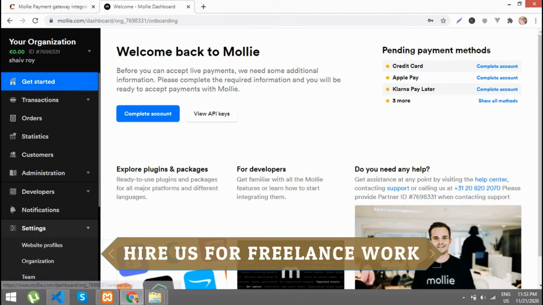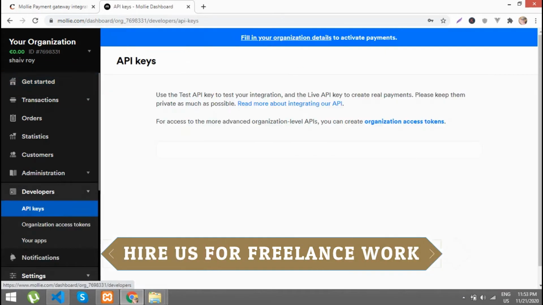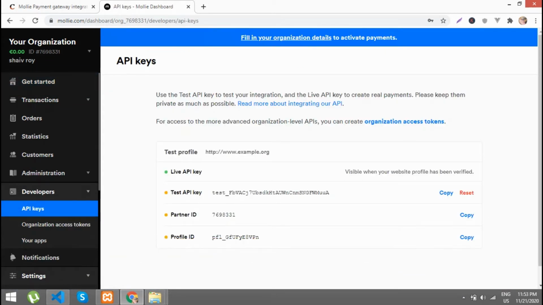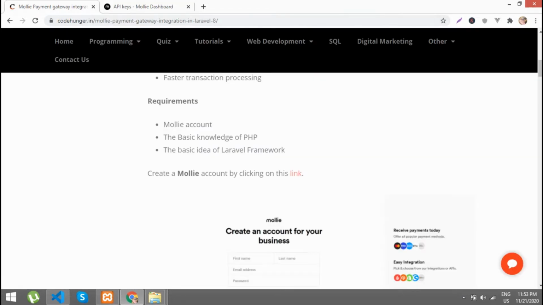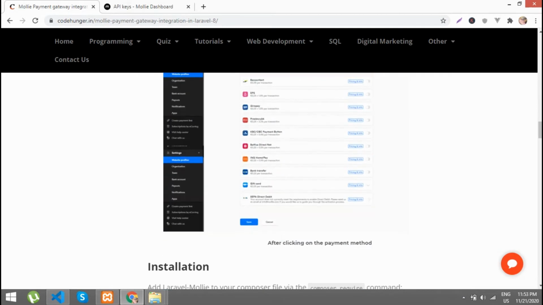The other thing is, you can get your API key right from here. You can just copy and save it anywhere. We will use it later. Now I'm going to move forward.